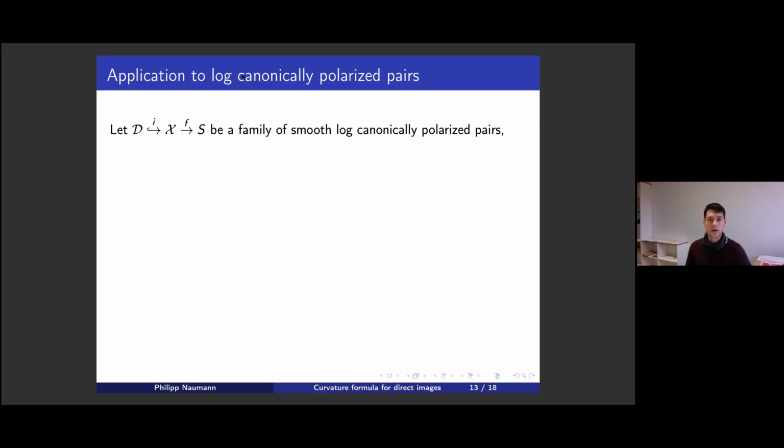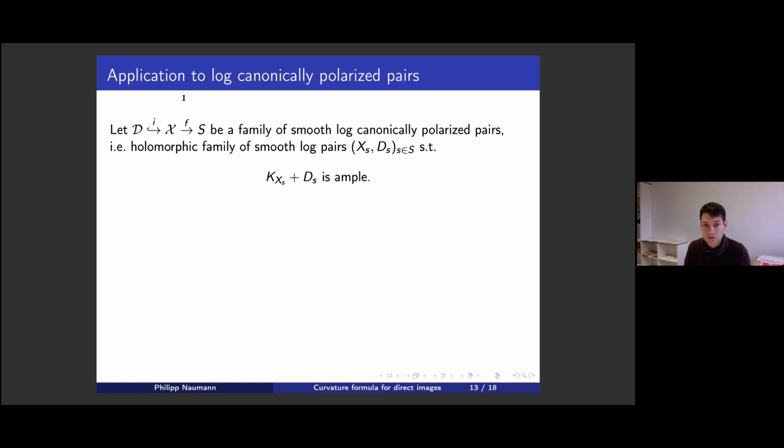So the main field of application is here the case of logarithmic canonical polarized pairs. And what is meant by this? So we consider this family F together with this effective relative SNC divisor D on the total space, and we have this